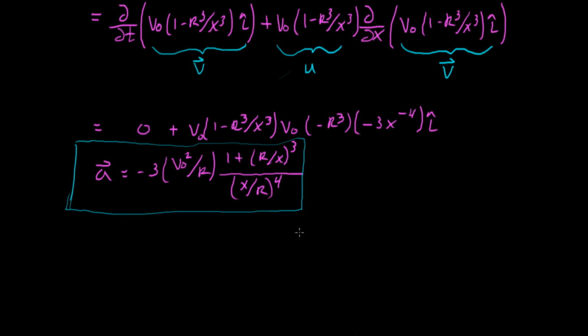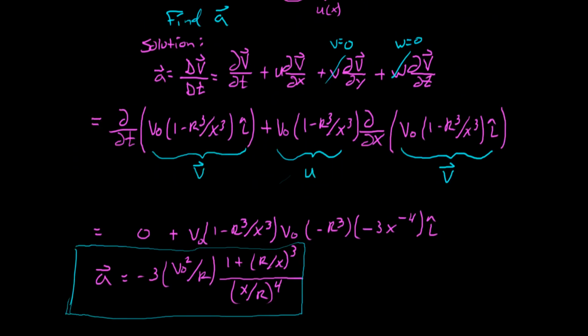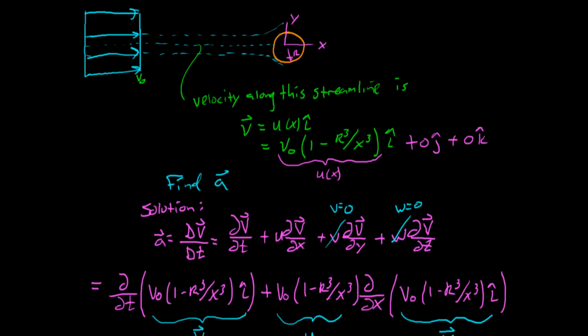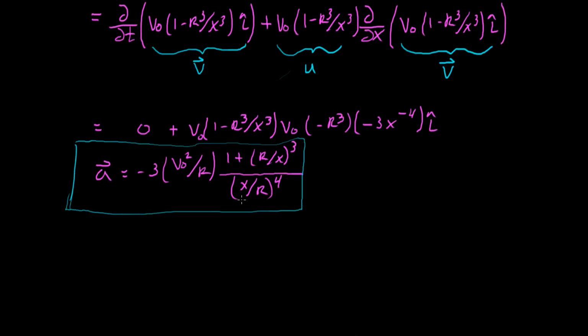The thing that's neat here is that this is the acceleration along the streamline. And so if you plug in a value of x, in other words, if you pick a location that you care about, say this one right here, that has a value of x, we could plug that value of x in here, everywhere you see x's, which would be there and, well, here. And it would spit out an acceleration vector,